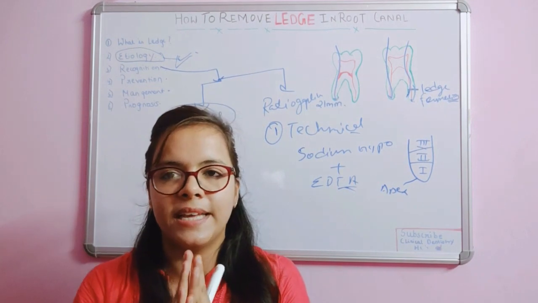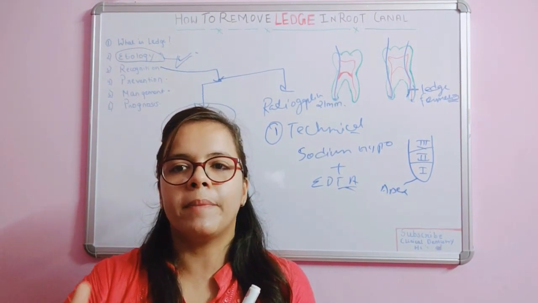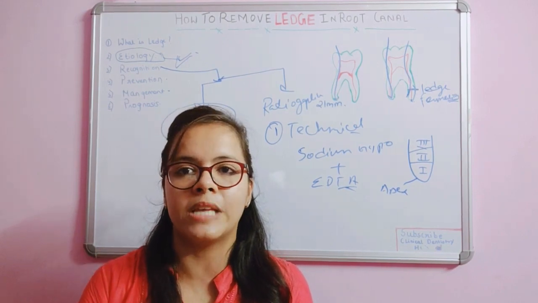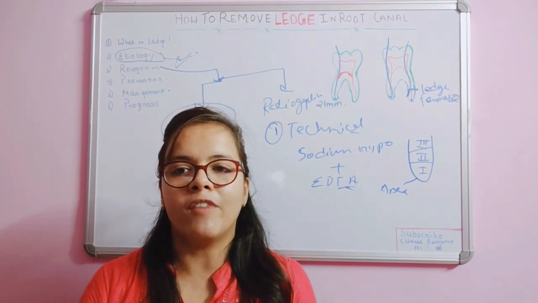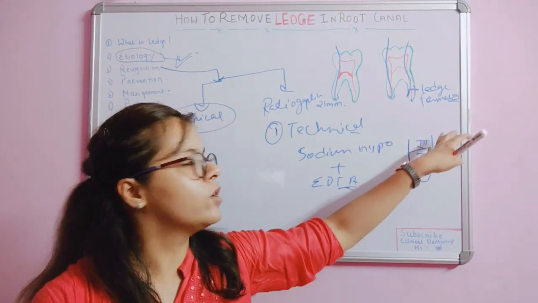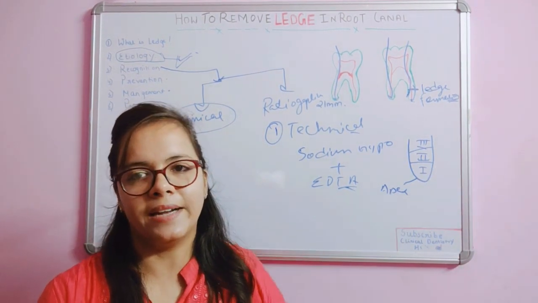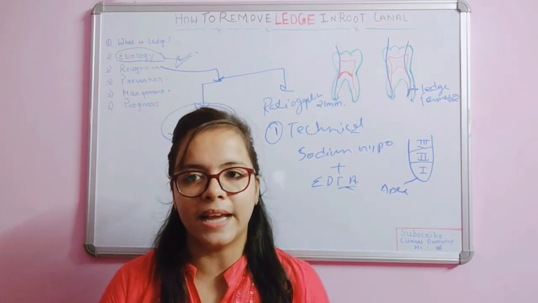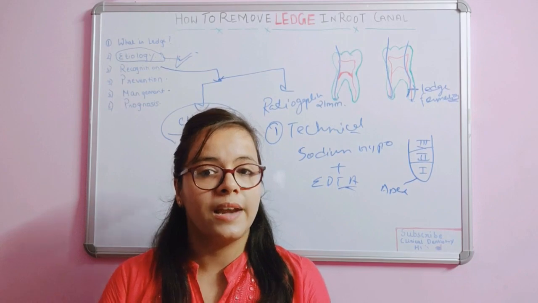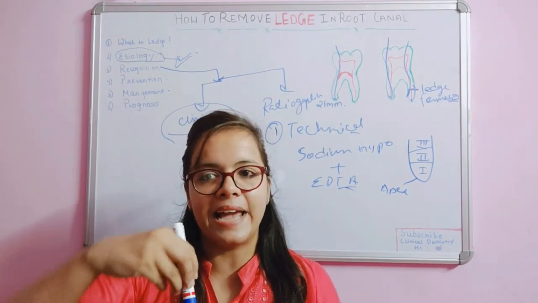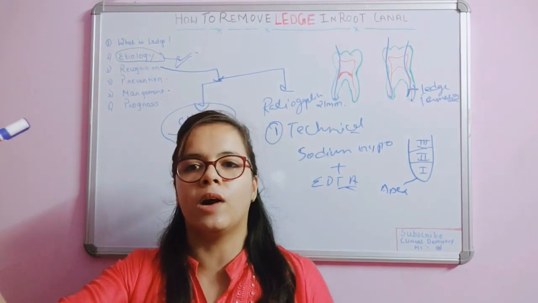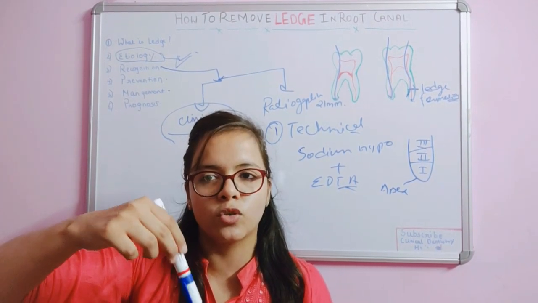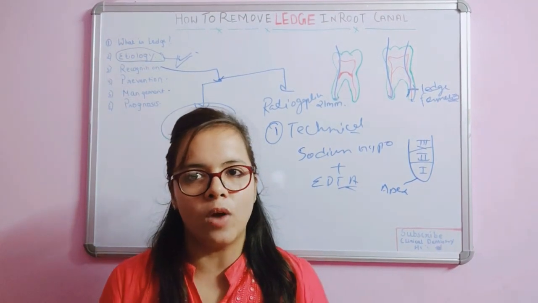What balance force technique says that first you have to prepare the coronal part. You have to enlarge the coronal part about 2 to 3 mm using a GG drills. After that you have to prepare middle and the apical part at that time with the passive irrigation. It should be used in the canal until it is loose. Like you are inserting a file in a canal and it is very tight and you are not able to take it out. So you have to keep on doing biomechanical with the same file until it is loose and you can take it out easily out of the canal.